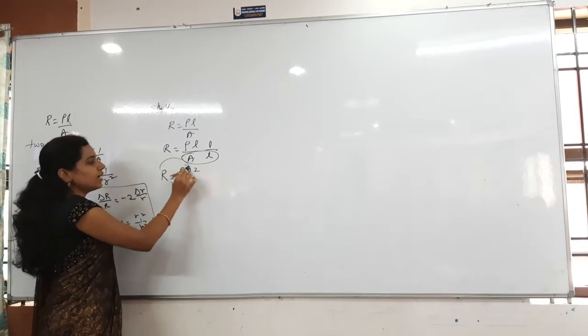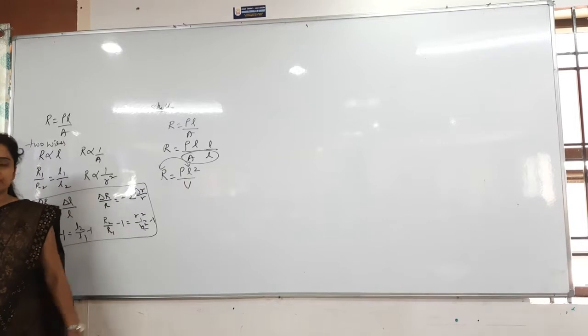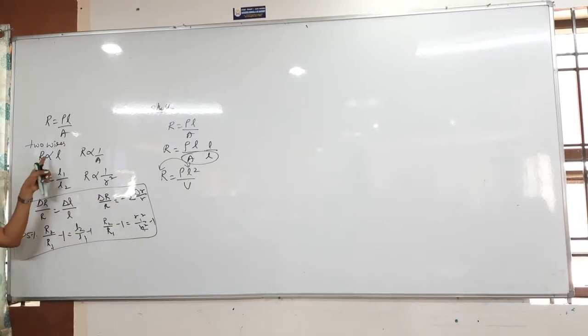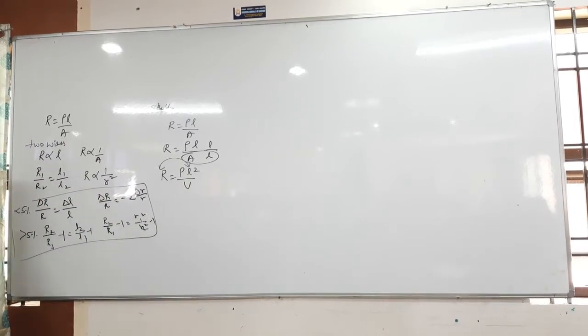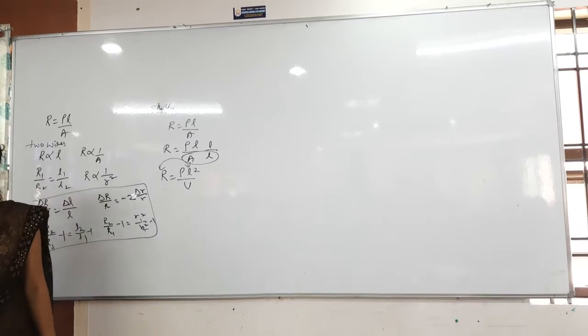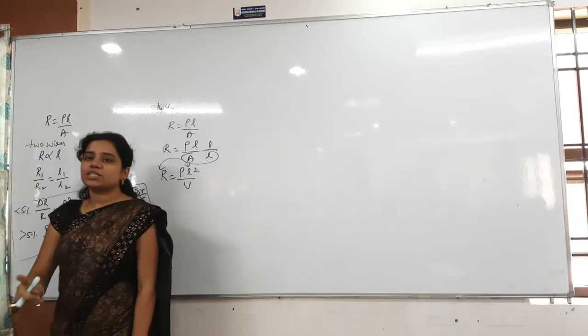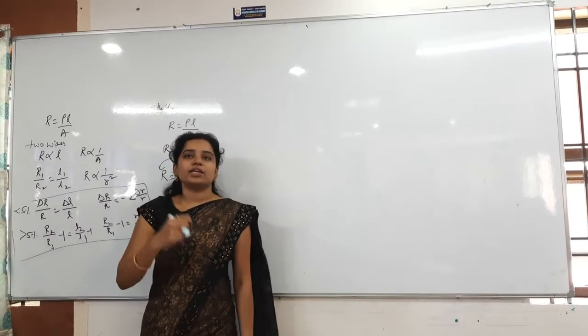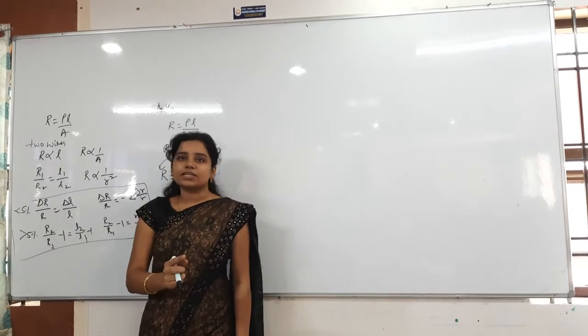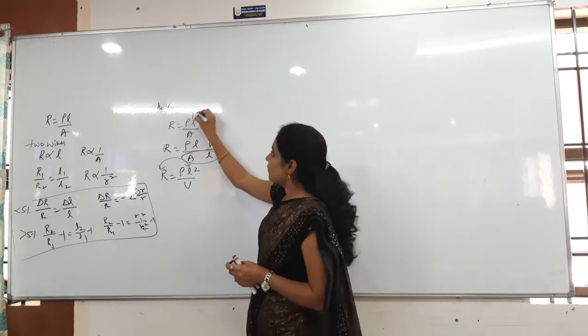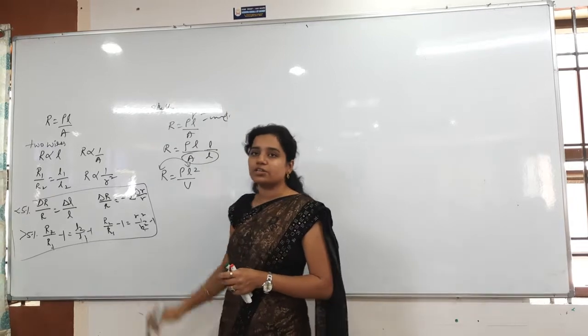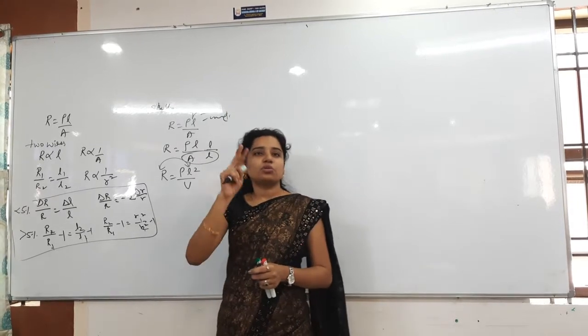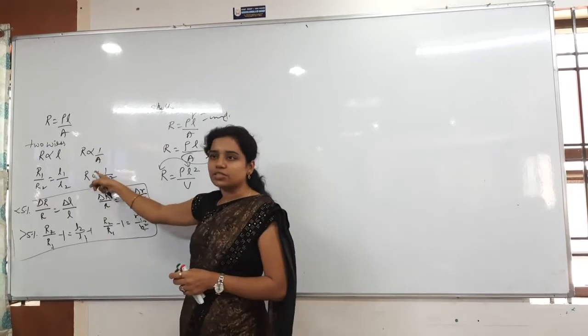Then what I can say is, R is directly proportional to L square. But in this case, R is directly proportional to L. In problems, how do we identify that? Stretching, twisting, drawn, folding, elongating. For all these cases, you have to keep the volume always constant. If they are talking about two wires, immediately go to this relation.